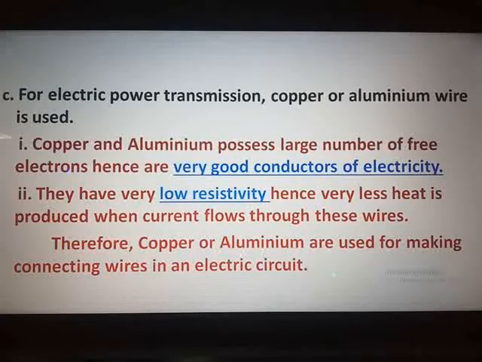So see how they have correlated, how they have interconnected with last year's study. Whatever you have studied last year about conductors and insulators, that knowledge you have to apply in this chapter of effects of electric current. And hence it is said that your base of 9th standard should be very firm and concrete. So read the 9th standard textbook also, especially the topics which are connected with each other. At least go through those topics.